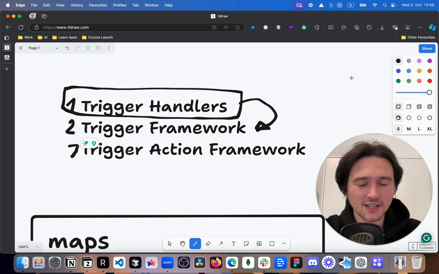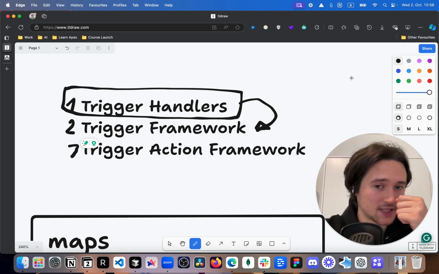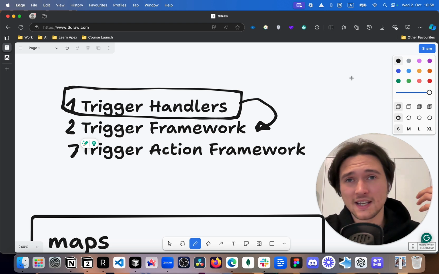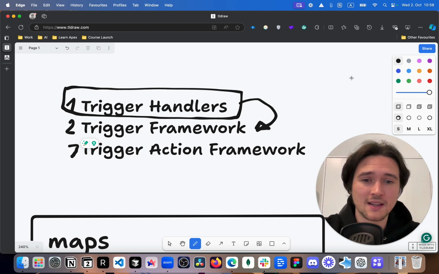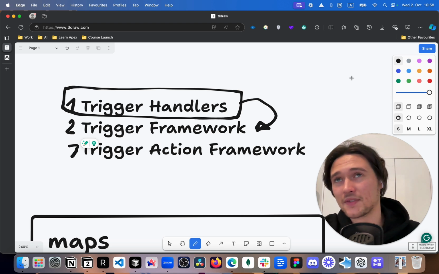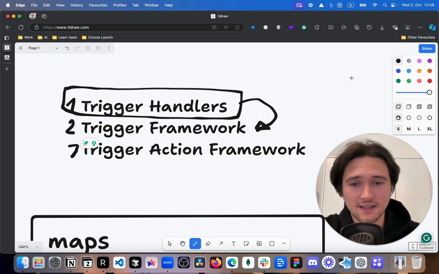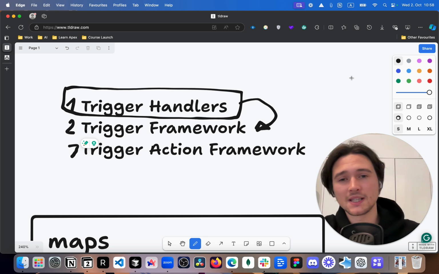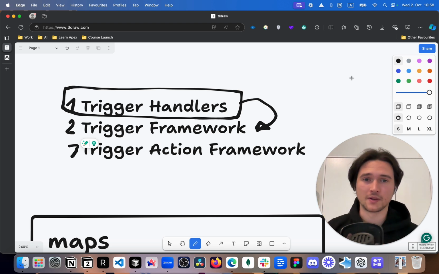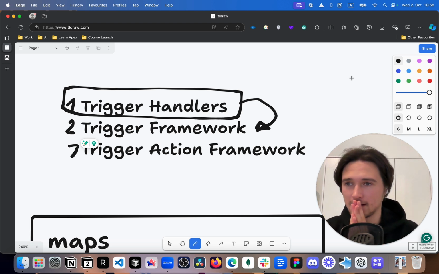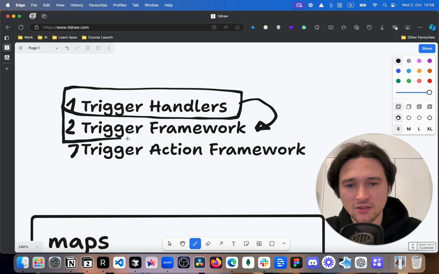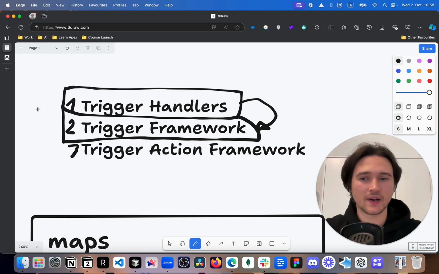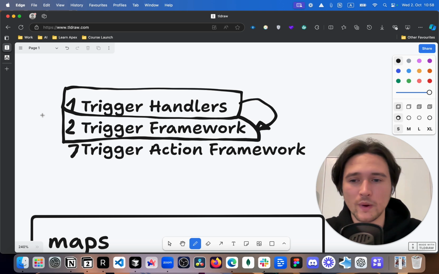Because essentially trigger framework, like most of the trigger frameworks, it's just trigger handlers on steroids. It's like trigger handlers, but you use custom metadata types to instantiate them, and that's it. Maybe as with a trigger handler, you also extend the trigger handler. But the point is that it uses the same structure of the code. It's just using additional tricks to instantiate things. So usually I don't go too much into trigger framework, because I explain it very quickly, but I don't go very deep into it.